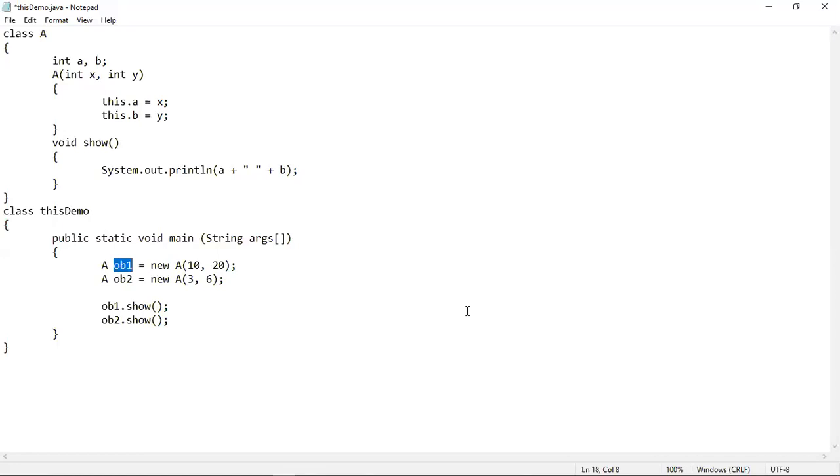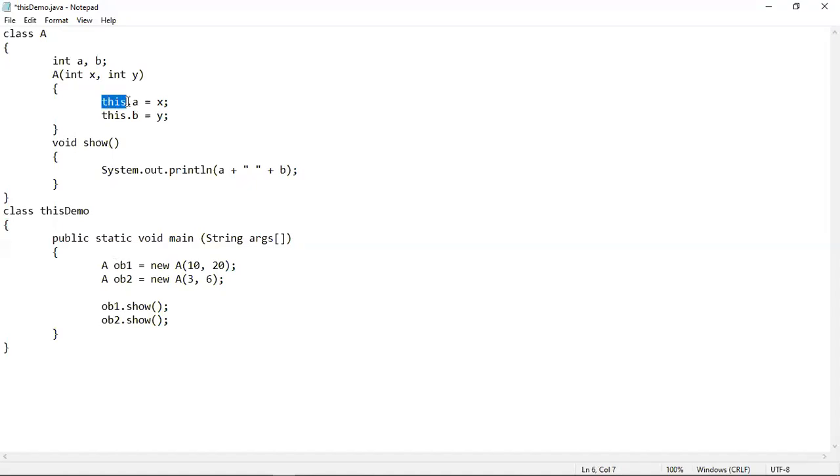That means whenever we are dealing with ob1, this keyword will call the current object, which is ob1, and invoking means that it will make the compiler understand explicitly that currently we are dealing with the object ob1 and the set of values that have been passed into the instance variables a and b using the object ob1.